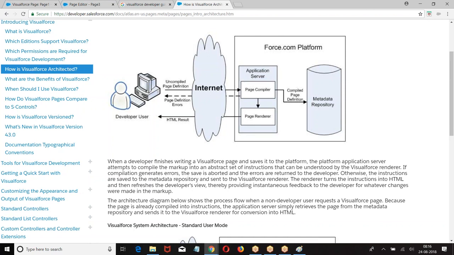If I want to define my own logic, I'll go for a custom controller, which is nothing but an Apex class. If I want both together, a standard controller with a custom controller, I'll go for an extension. Every element in the VF page should obey strict XML format.